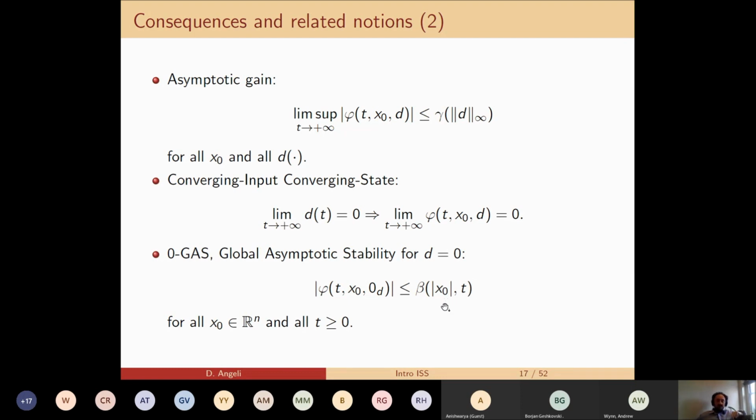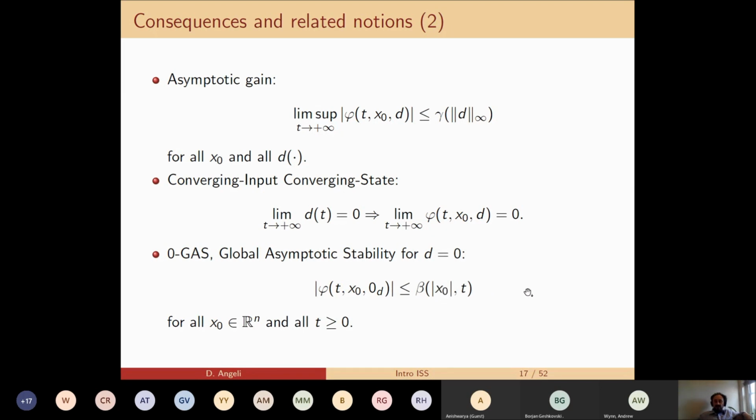So essentially, comparison functions can really be used to give a very synthetic definition of global asymptotic stability of the system at the origin, just by assuming this type of inequality. The attractivity part is trivial, because for t that goes to infinity, this quantity goes to 0, and so will this go to 0. The stability property is kind of trivial, because beta is class k in x0, so it's